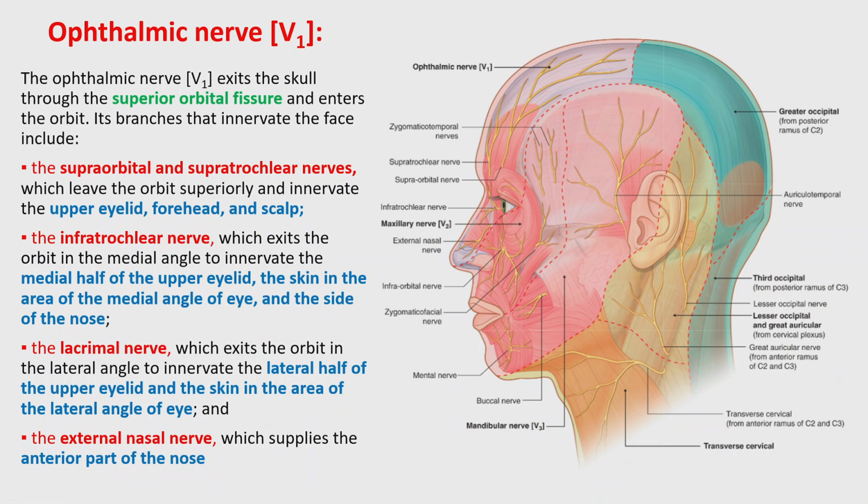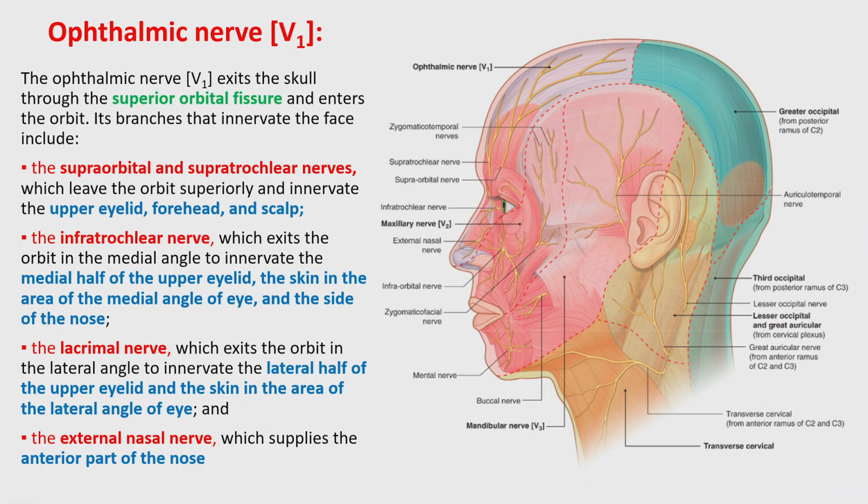Supraorbital foramen or notch. They are variable, it is either a notch or a foramen. Then the area of the medial half of the upper eyelid is innervated by the infratrochlear nerve, and also the skin of the medial angle of the eye, the medial canthus, and some part of the nose. The lacrimal nerve is innervating the lateral aspect of the eyelid and the skin area in the lateral angle of the eye, and the external nasal branch of the